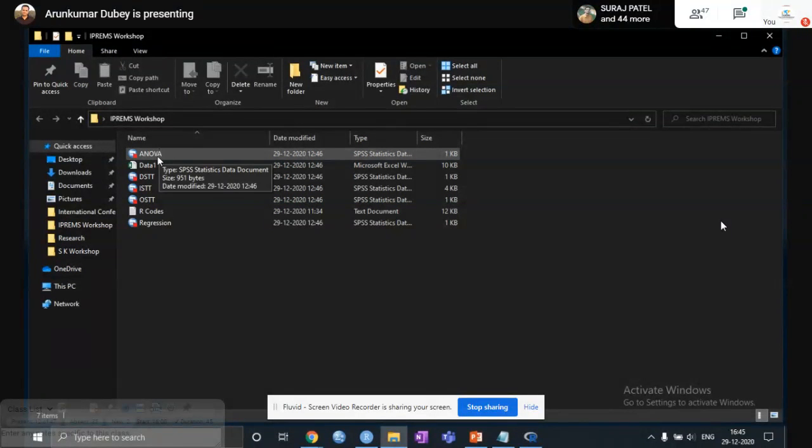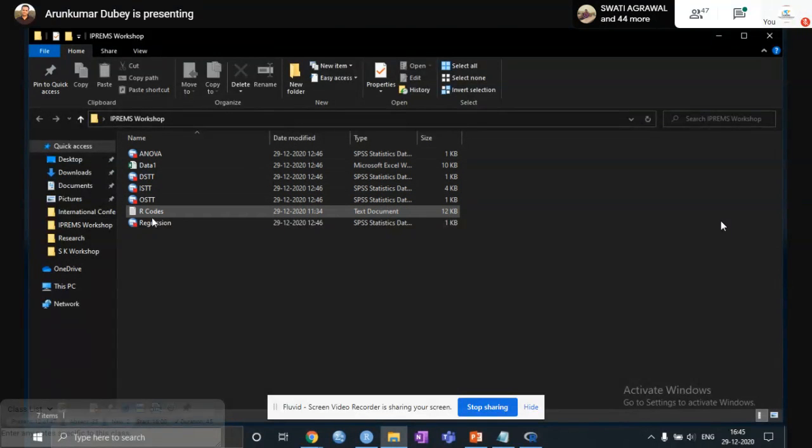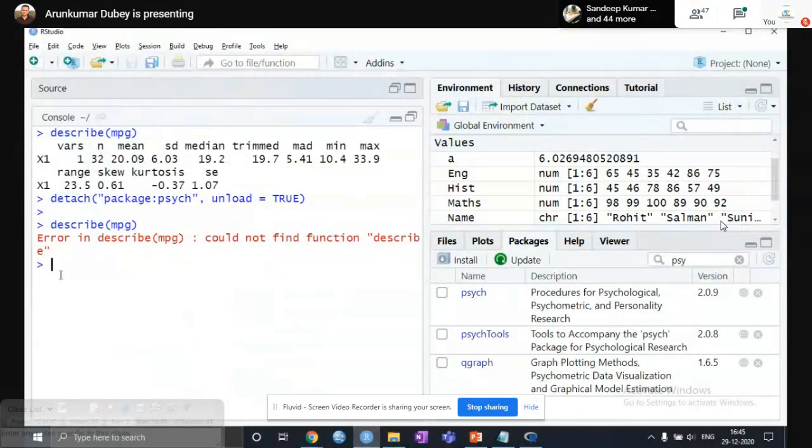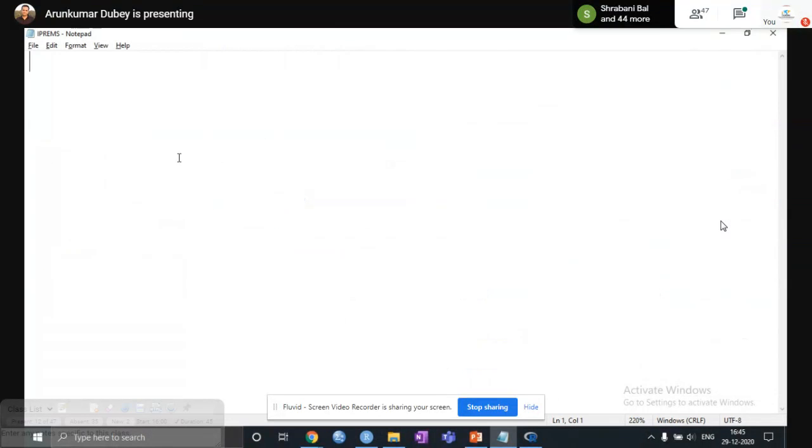So I've given you a package: ANOVA, data, DSTT, ISTT, OSTT, R course, regression, and all those things. Okay. So let me do one thing. Now, before proceeding to this file, let me teach you regression and correlation. After that, we'll cover hypothesis. In fact, regression, correlation, and parametric tests are all hypothesis testing techniques. So before going to regression, correlation, let me tell you something about